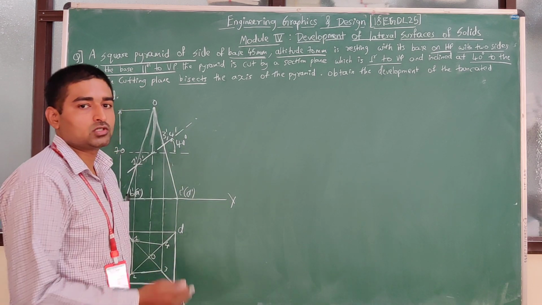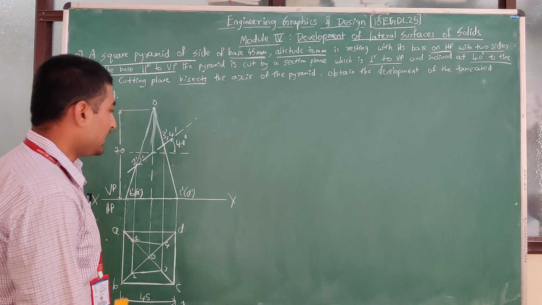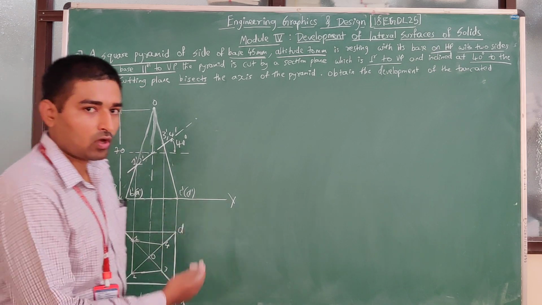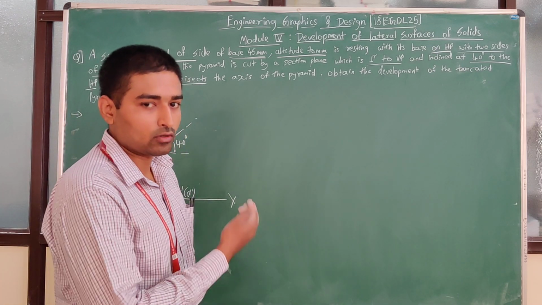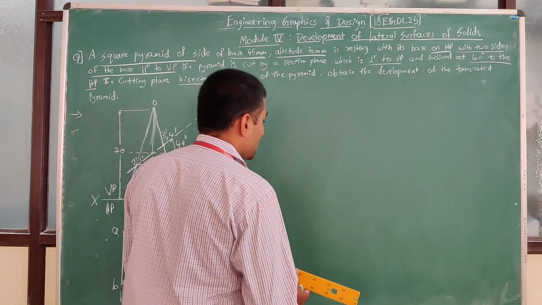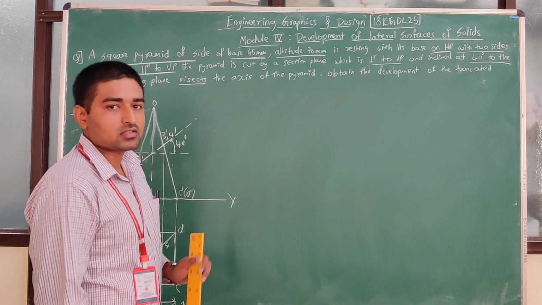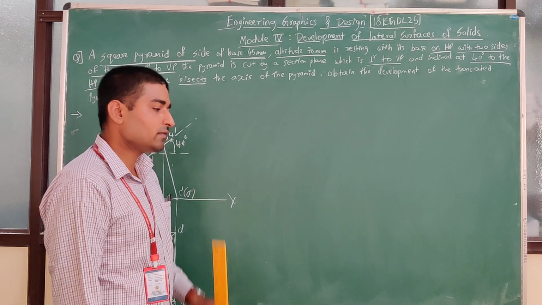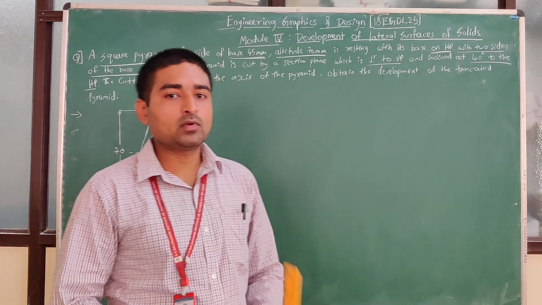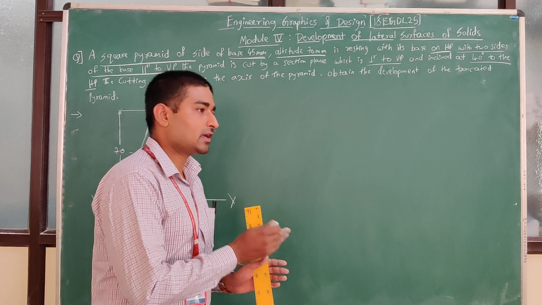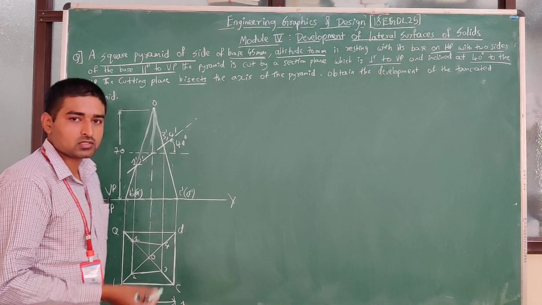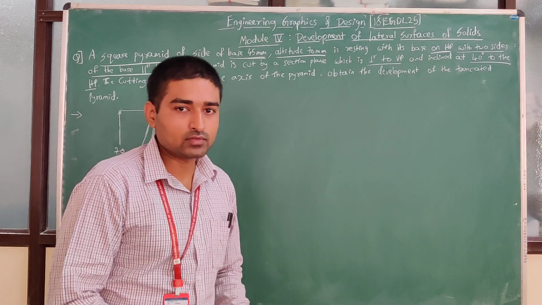Now if you do this much, your 50% of the work is over and you have obtained 50% of the marks also. Now the important part, what this actual topic stands for, is the development, and we are going to develop that part. Let us see how to go with the development of the pyramid, because we have seen that in the prism, the problems were making square boxes. The entire faces were just like square boxes, right? So we calculate the edge length of one face and multiply by the total number of faces, so that gives me the entire length of the prism.